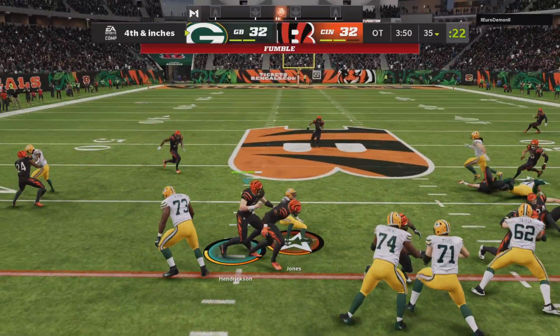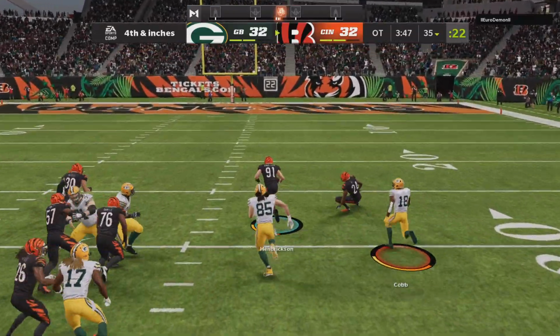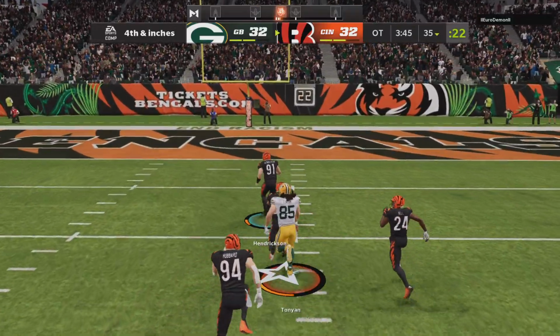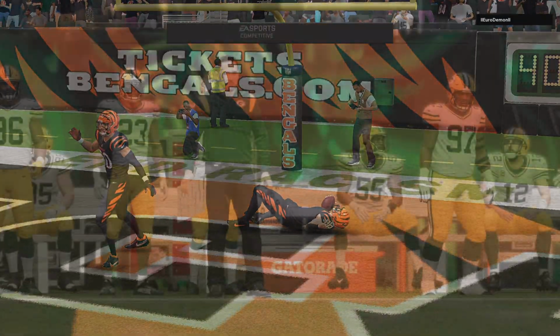They'll go with Jones. And the ball is out. Jones got hit and lost it. And the Bengals grab it. Look at the big man rumble. And he brings it back to the house. It's a